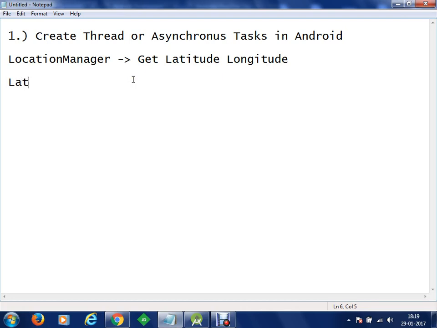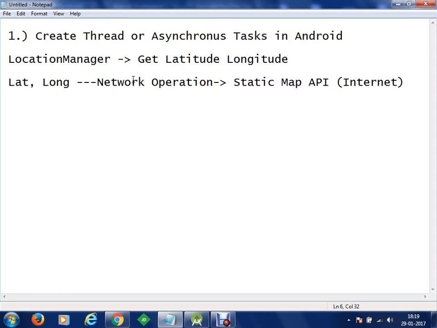This latitude and longitude will be sent to static map API, which is available at a URL, let's say on the internet, okay? So now this process is known as network operation, okay?